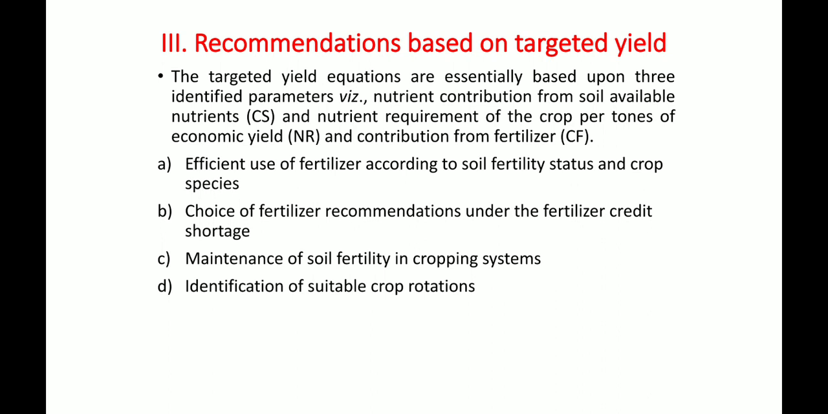The target yield equations are essentially based on three parameters: the nutrient contribution from available nutrients, that is CS, the nutrient requirement of the crop per ton of economic yield, that is NR, and the contribution from the fertilizer. As we know, the efficient use of fertilizer according to soil fertility status and crop species, the choice of fertilizer recommendations under fertilizer credit shortage, and maintenance of soil fertility in cropping systems, and identification of suitable crop rotations. These are the four important recommendations based on the target yield to evaluate the identified parameters, that is nutrient contribution, then nutrient requirement, then contribution of the applied fertilizers, that is